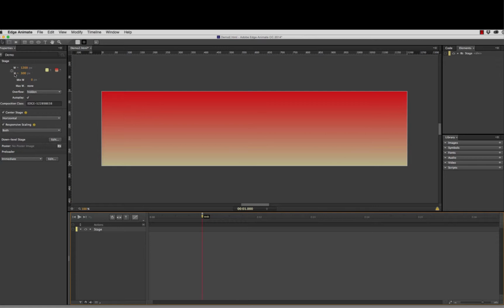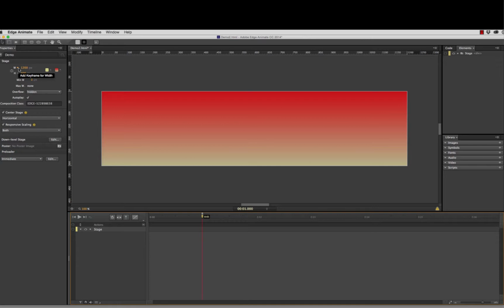We can animate the height. We can make it appear like it's going very high or very low. And we know that we can animate those features of the screen because we see a little triangle. Well, it's more like a little diamond shape